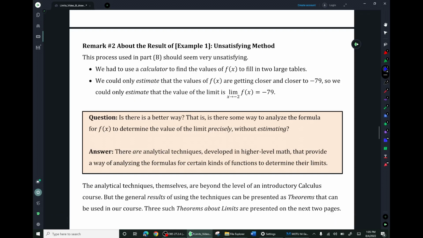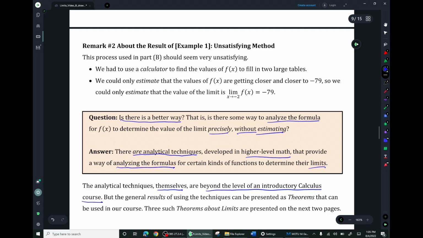A natural question arises then, is there a better way? That is, is there some way to analyze the formula for f of x to determine the value of the limit precisely without estimating? Well, the answer is there are analytical techniques that are developed in higher level math that do provide a way of analyzing the formulas for certain kinds of functions to determine their limits. That's the good news. The bad news is that the techniques themselves, the analytical techniques, are beyond the level of